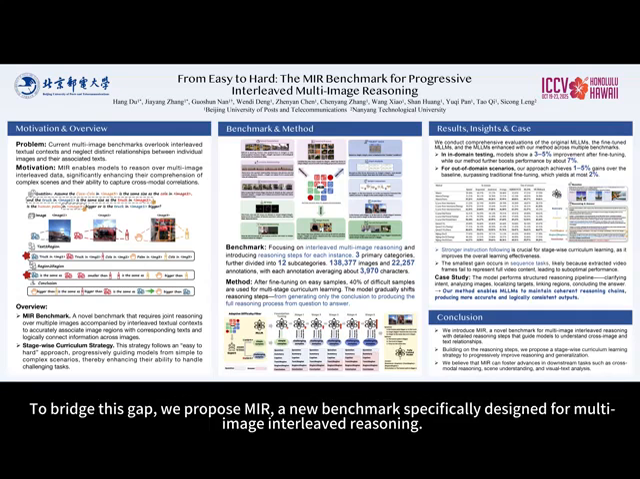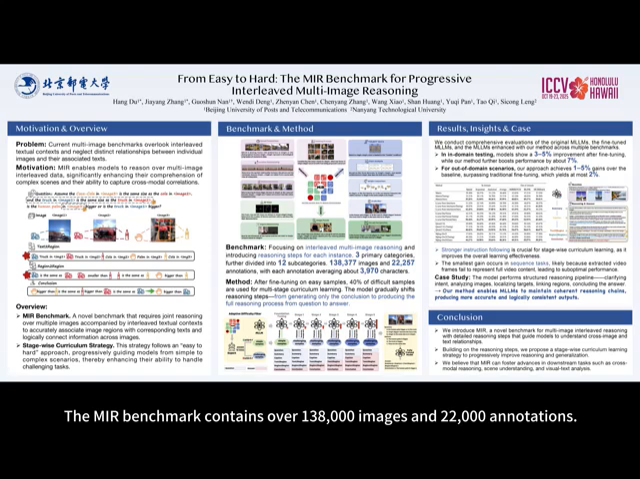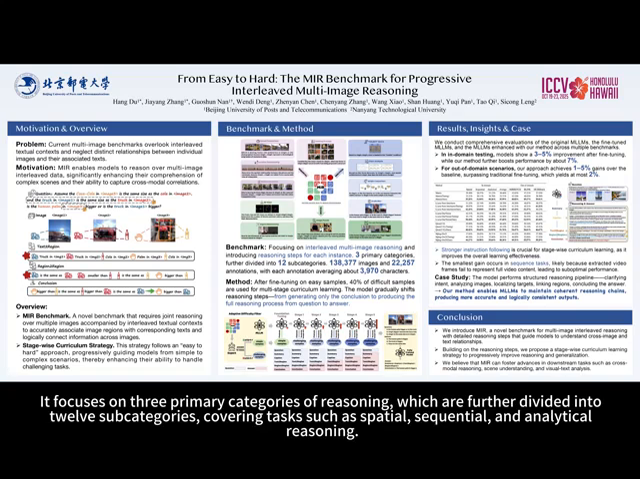To bridge this gap, we propose MIR, a new benchmark specifically designed for multi-image interleaved reasoning. The MIR benchmark contains over 138,000 images and 22,000 annotations. It focuses on 3 primary categories of reasoning, which are further divided into 12 subcategories, covering tasks such as spatial,